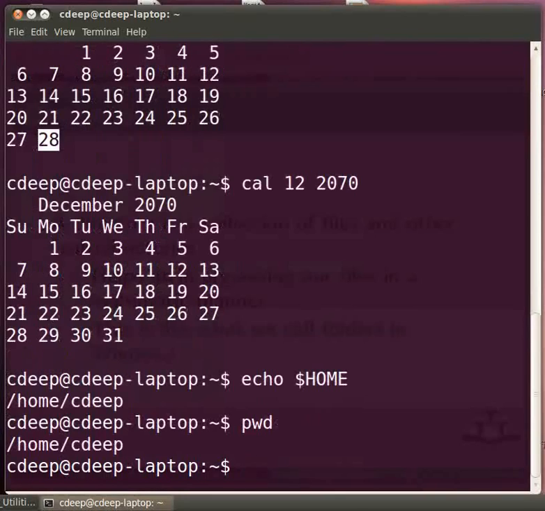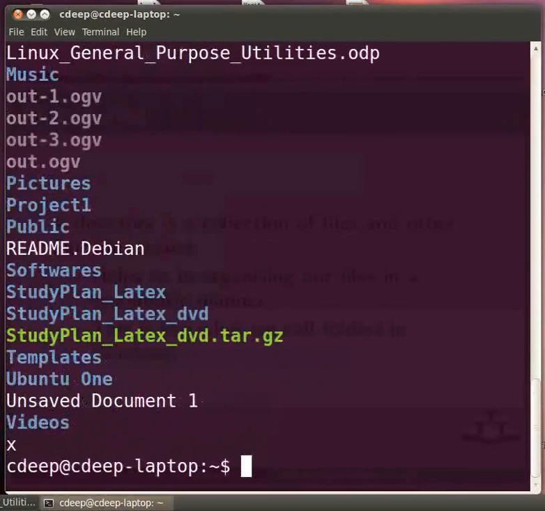Once we know our directory, we would also want to know what the files and subdirectories in that directory are. For this we have the ls command, which is probably the most widely used command in Unix and Linux. Type the command ls and press enter. Now observe the output. Files and subdirectories are generally shown with different colors. ls is a very versatile command and has many options. Let us see some of them.